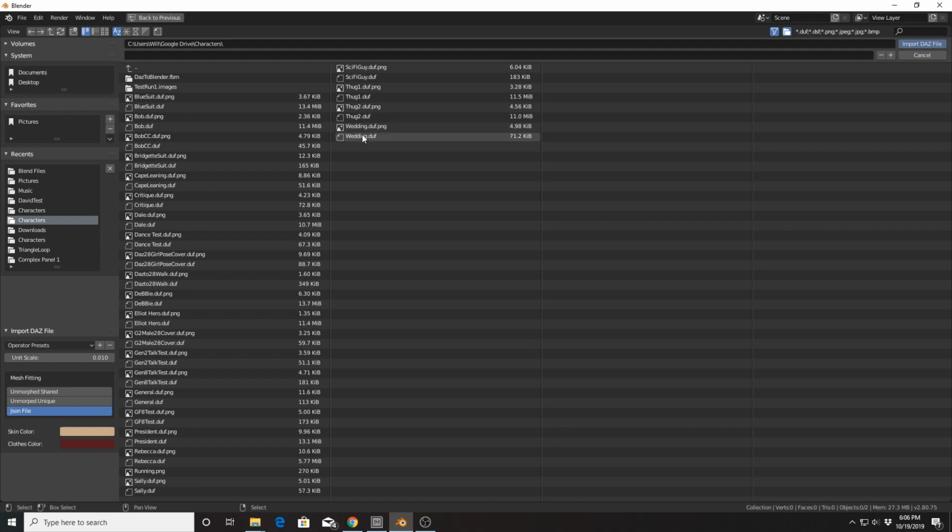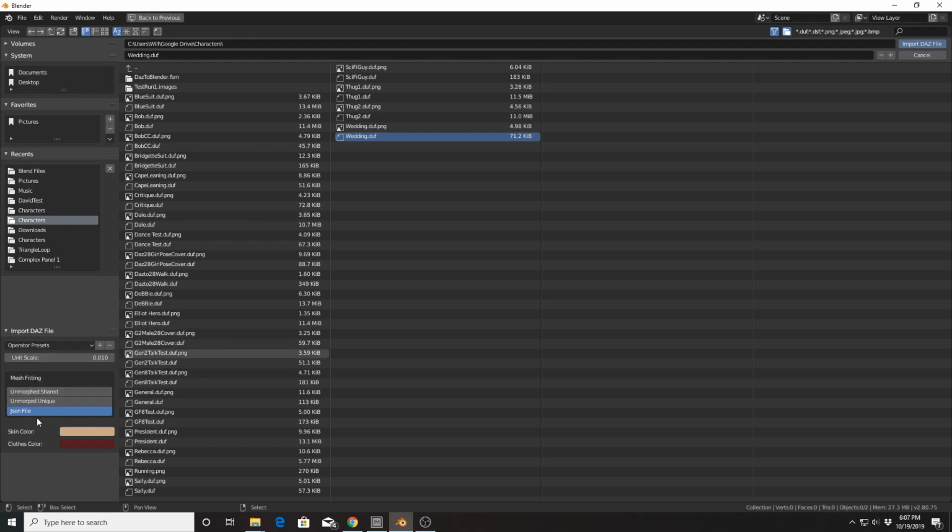You can click on either icon, the DUF file itself or the PNG, which is basically a thumbnail picture. It will import it all the same. So going down here briefly to the import settings, you can change the scale of the character when you import it. I forget the default. It might be a default of 1, but for the scenes that I was doing, I end up needing a scale of 0.01. And so that's my default.